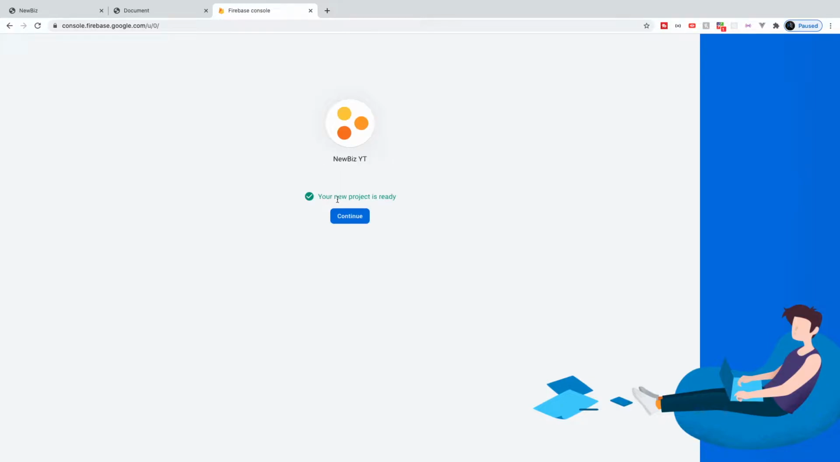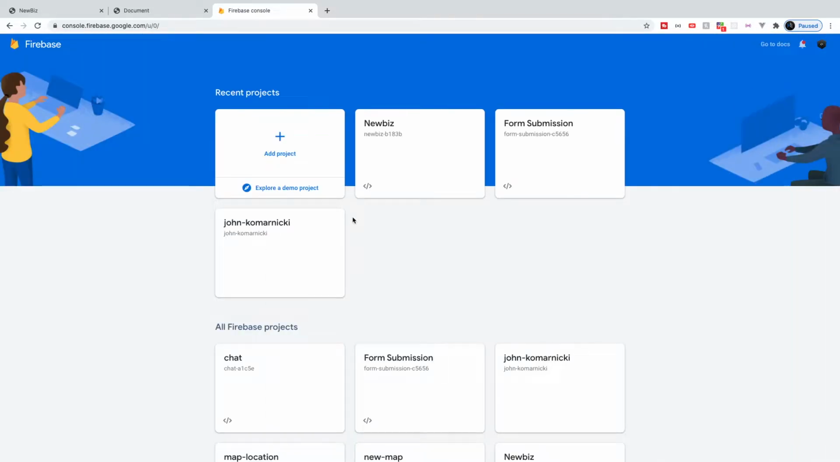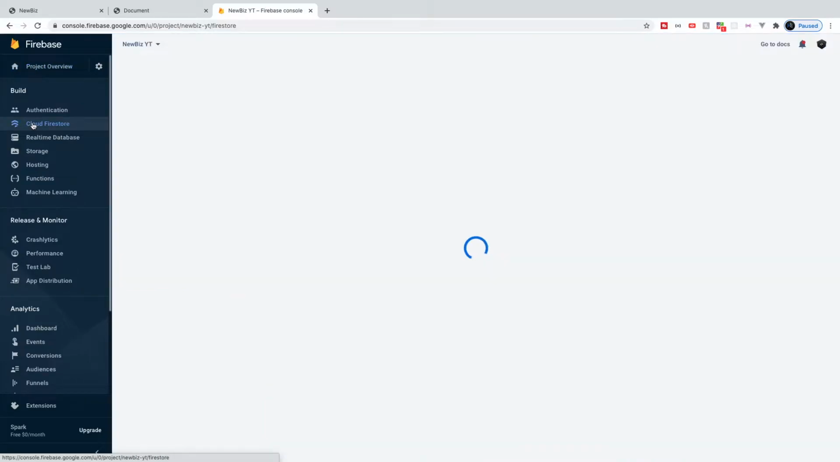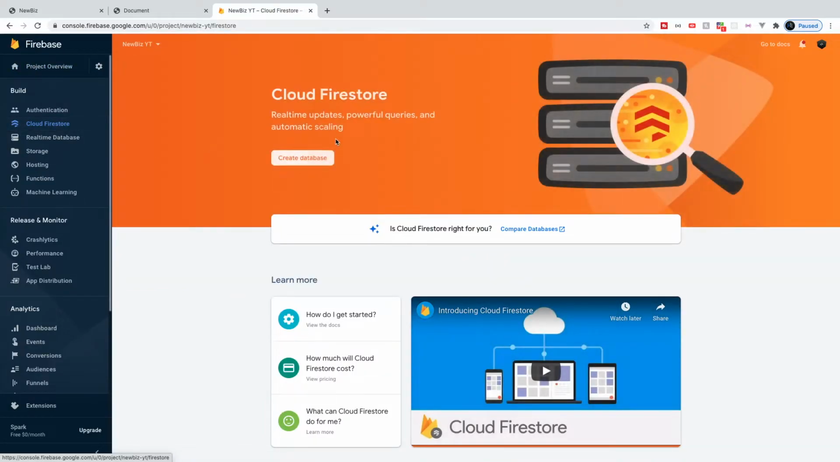Okay, as you can see, we now have this green check mark saying our project is now ready. So we're going to click continue here, and we will be taken to our Firebase console that has everything Firebase has to offer. What we want to do is head over to the left-hand side of the navigation, and we have an option called Cloud Firestore. That's what we're going to be using to send our data from our form to Firebase. So we want to click Cloud Firestore,